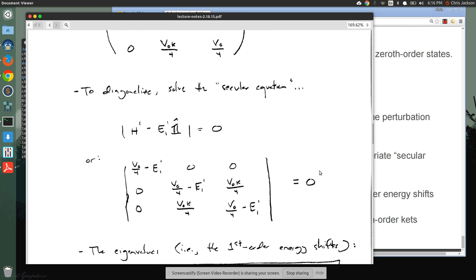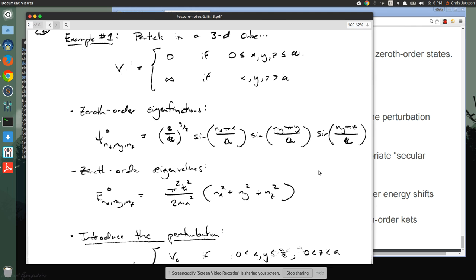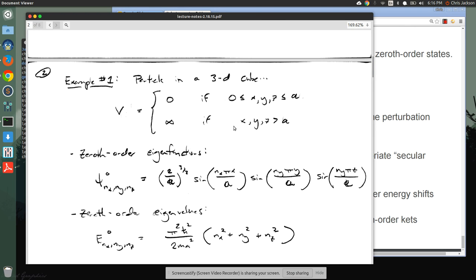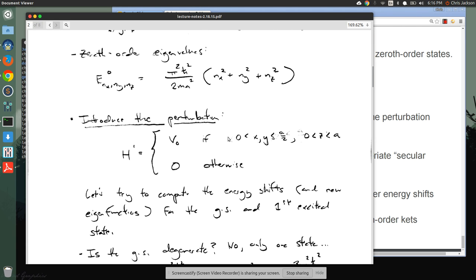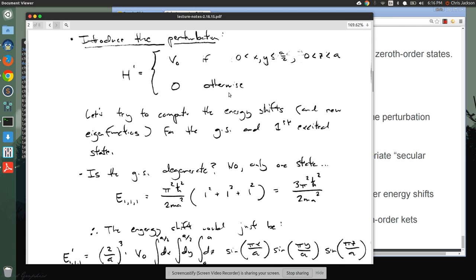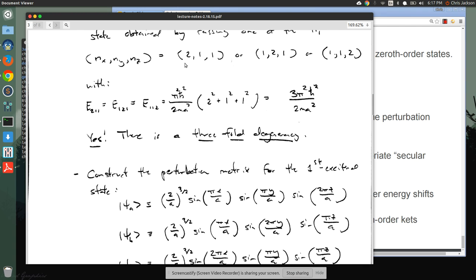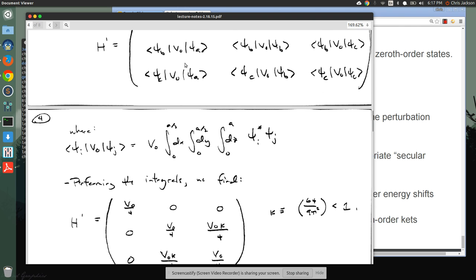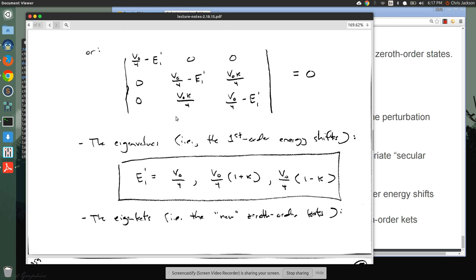And if you want to think of it on a higher level, before we introduced the perturbation, we had a symmetry, right? We had three-dimensional symmetry, right? And so that led to the threefold degeneracy. But when we introduced this perturbation, we disrupted that symmetry, and so we disrupted the degeneracy and actually fully lifted it. Okay, so now if we want to know what the new zeroth order eigenkets are,